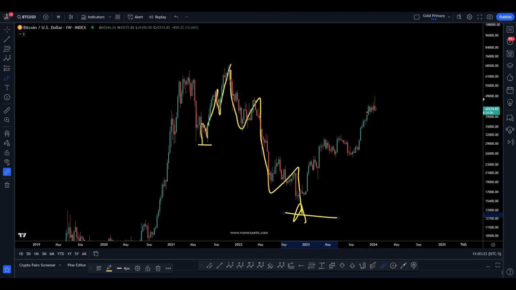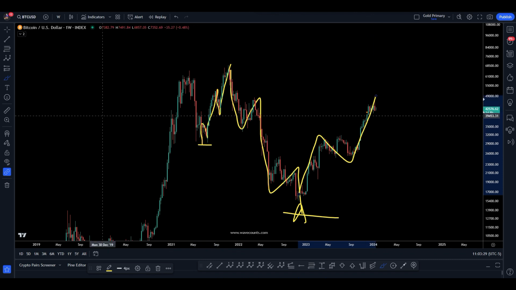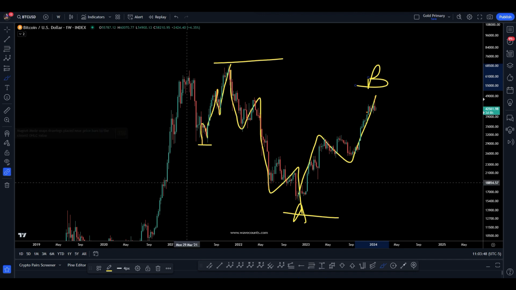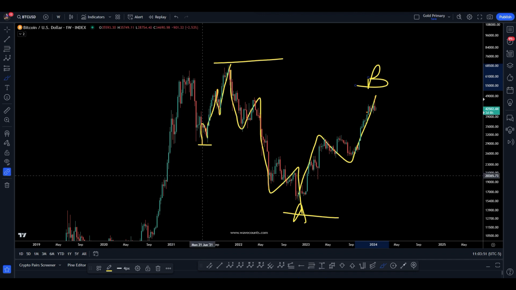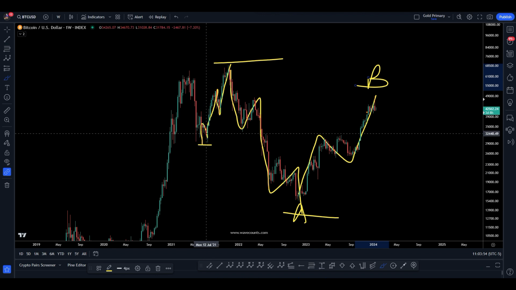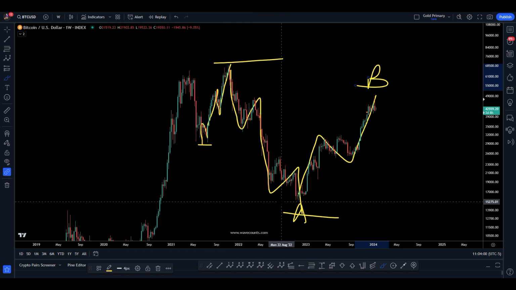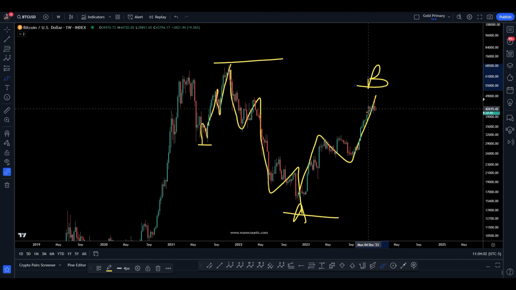You got a pullback in 3 waves that did not break this high. What does that mean? It's the middle of something. We don't have to get into all this other bullshit about combinations within combinations and so on and so forth. This is it right here. The most simplest thing. You look in the book, and this is what you see. 5 to end something, 5 to start something, 3 to be the middle of it, and 5 more to end it. And that will be it.